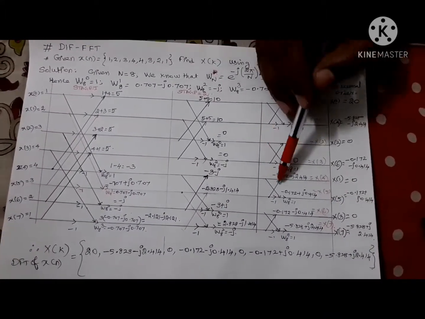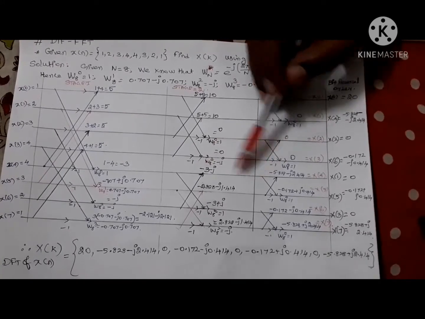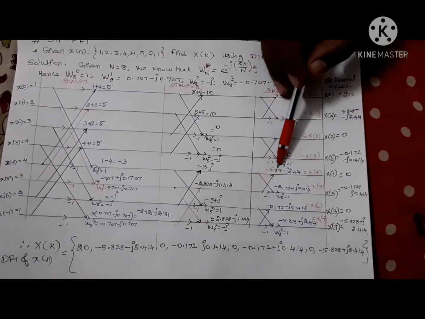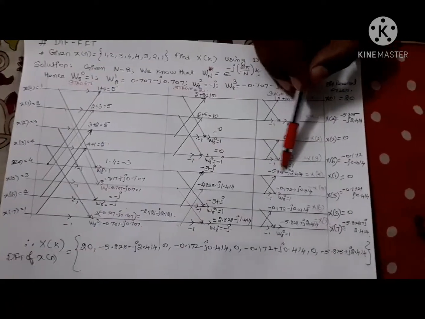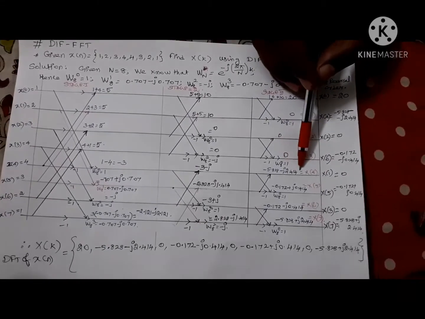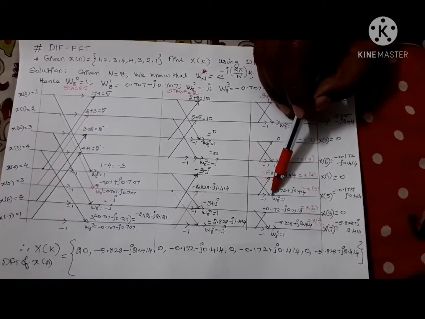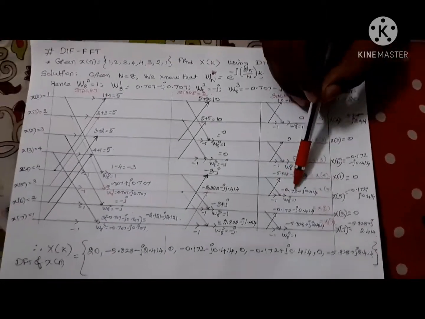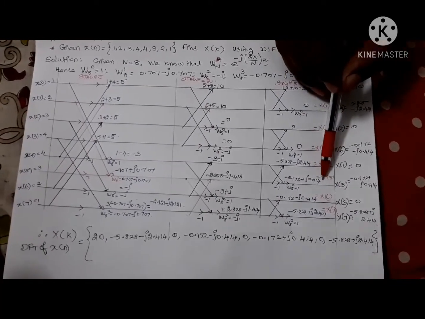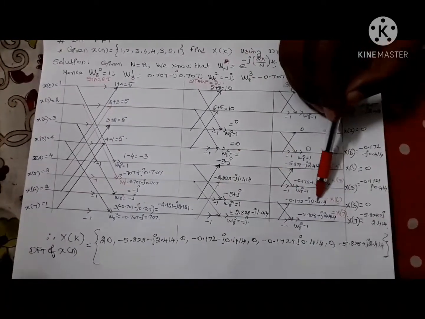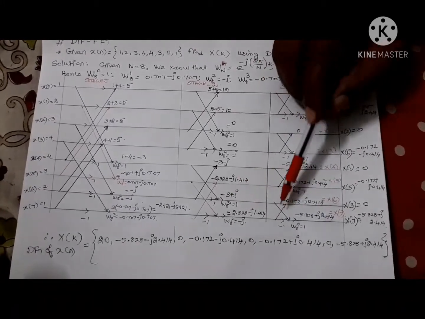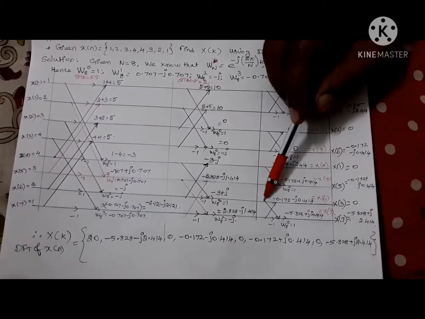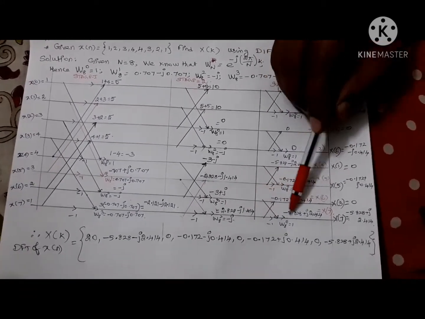So then here, the input is minus 3 minus j, then it will come here. Then this output will go here. Then minus 3 minus 2, it is minus 5.828. Here minus j 2.414. Then same down, minus 3 minus j it will go down, and this will take minus 1. So this is the value 0.172 plus j 0.414. Like this, here minus 3 plus j it will come. Then this will go up, this value 2.8, then plus minus, then 0.172 minus j 0.414. Like this it will go down. This takes minus 1. This is the value.